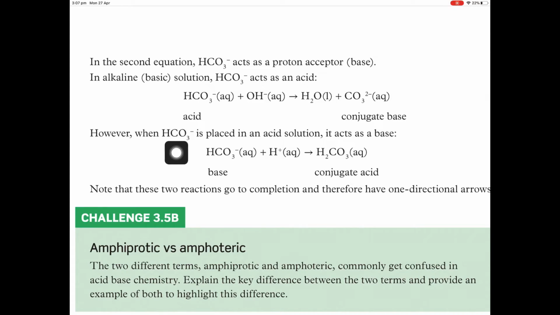However, the bicarbonate ion, when it's placed in an acid solution, acts as a base. So here we go, the bicarbonate ion acts as a base. When placed in an acid solution, it wants to push the reaction to the right here to use up the hydrogen ions, and make the pH go up or less acidic. Anyway, we're going to tackle more of this stuff in the next section, section 3.6, when we look at buffer